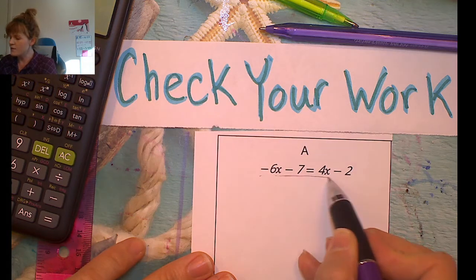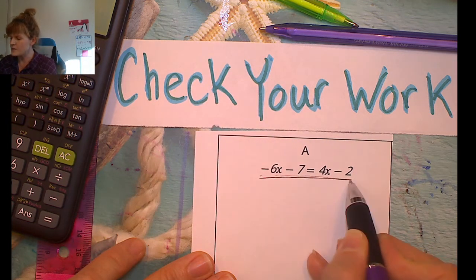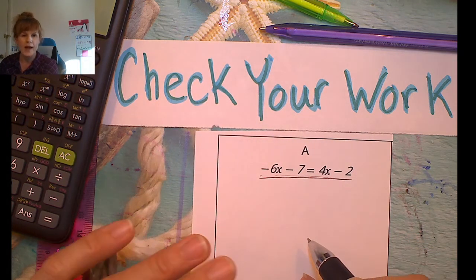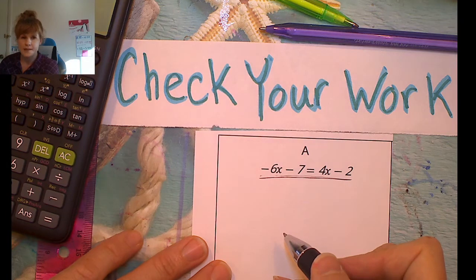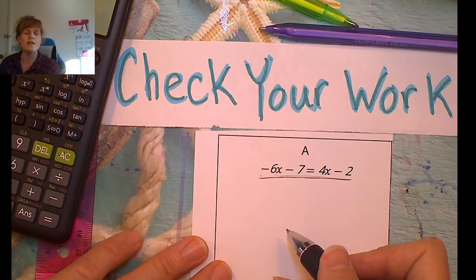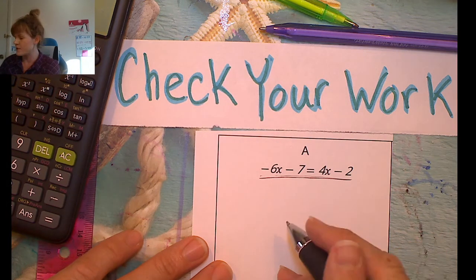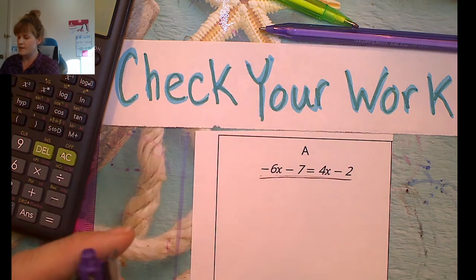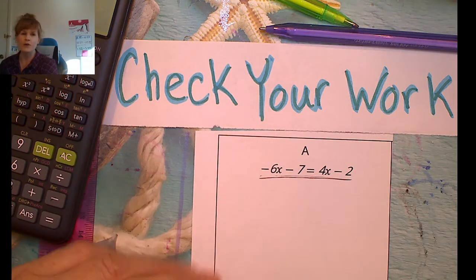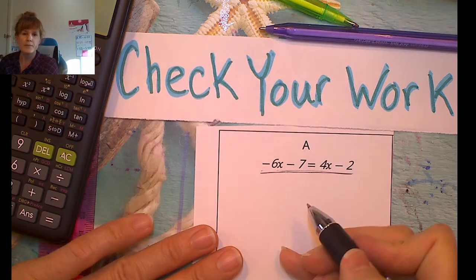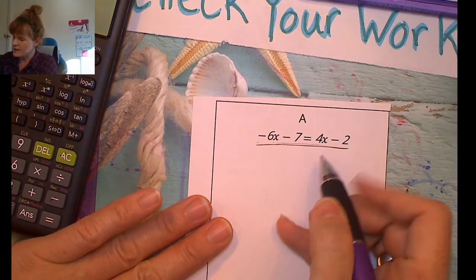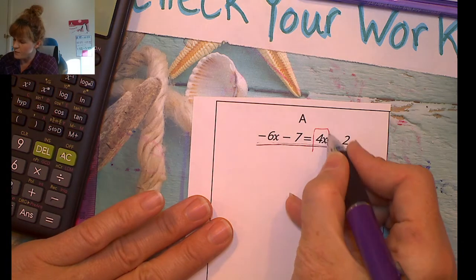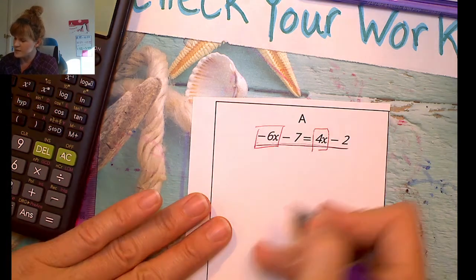First, solve this equation for x. We have one unknown, x. Let's solve it. Do you remember the steps? If you have parentheses in your equation, then use the distributive property first. But we don't have any parentheses, so I can go right on to the next step. Combine like terms. The like terms that I have are the 4x and the negative 6x,